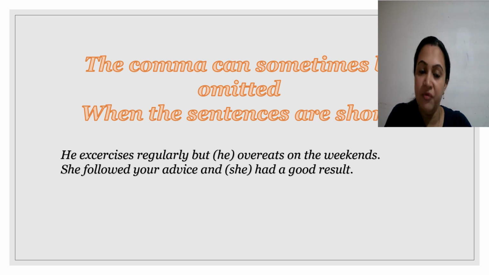Okay, so when you are writing small sentences which have two ideas but are very small, isn't it? He exercised regularly. You have used a conjunction there which is not followed by a comma, isn't it? So that means what? These are short sentences. When you are writing short sentences and they are connected with a conjunction, you don't need to put a comma. Along with that, you don't need to put the subject after the conjunction.